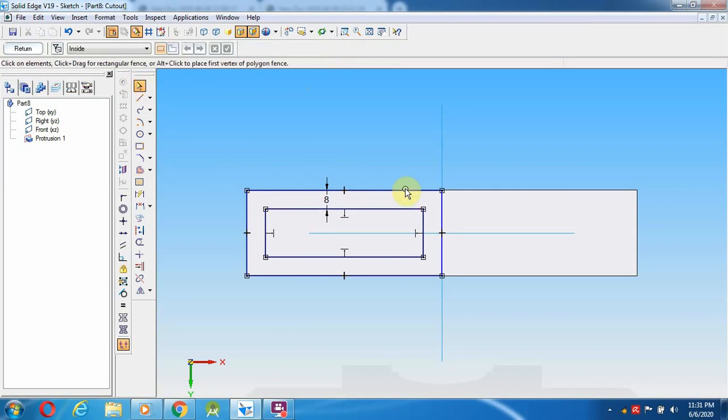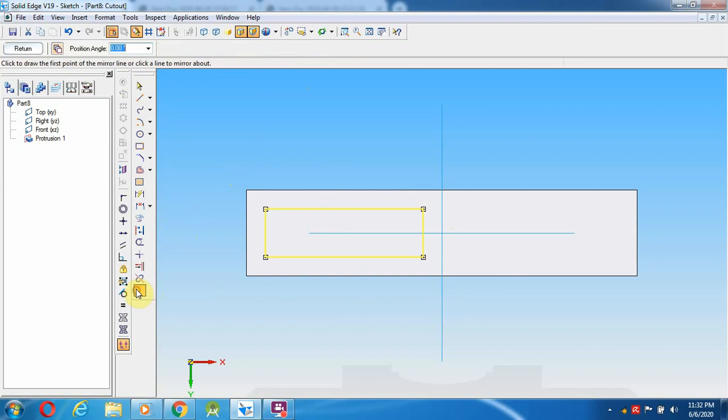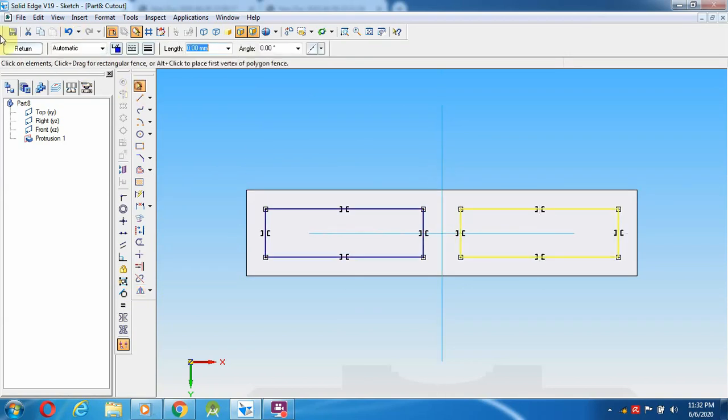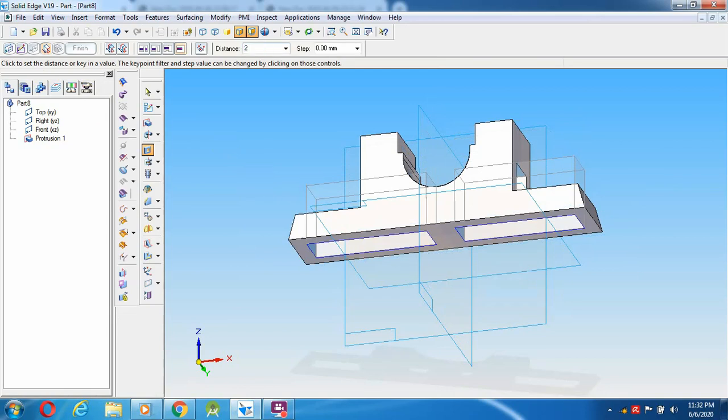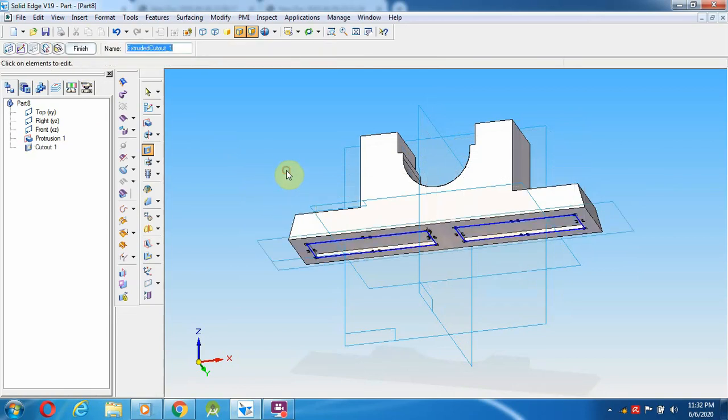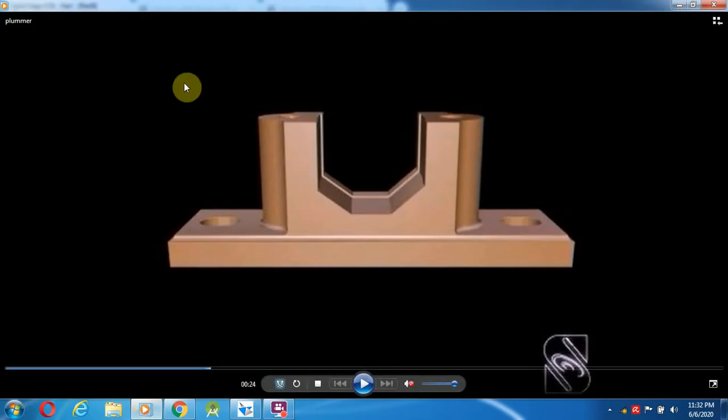So after that, those lines I'm going to delete. After deleting these lines, again I go to the mirror option, select mirror based upon this one. Okay, then going to give return. So I am going to give the depth as 2 towards left and right click. So like this way, this bottom cutout has to be done over here.